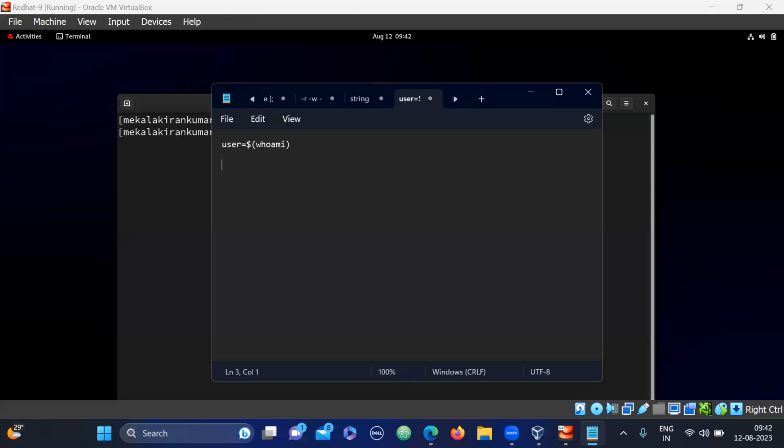This you need to use, and then if condition you need to use here, if $user is not equal to root, then echo current user is not root user, hence exiting. And then we need to use exit 1. If you use exit 1, here itself it is going to stop the flow, it is not going to